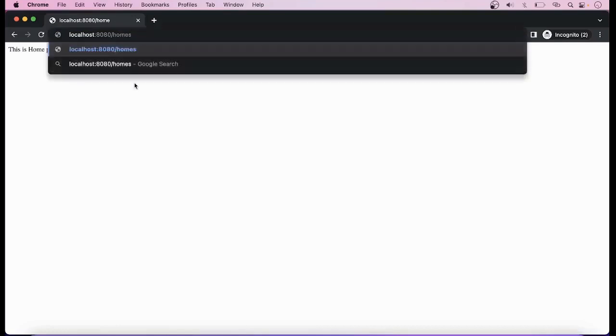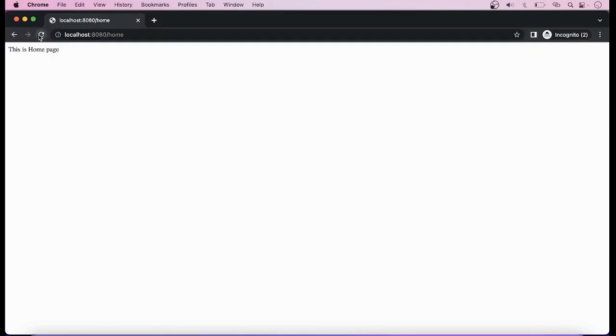So friends, in the browser, when we hit this URL, we can see this type of message. Because we have already defined the router and controller for this. But if we hit some other URL, like if you simply put S after this, then